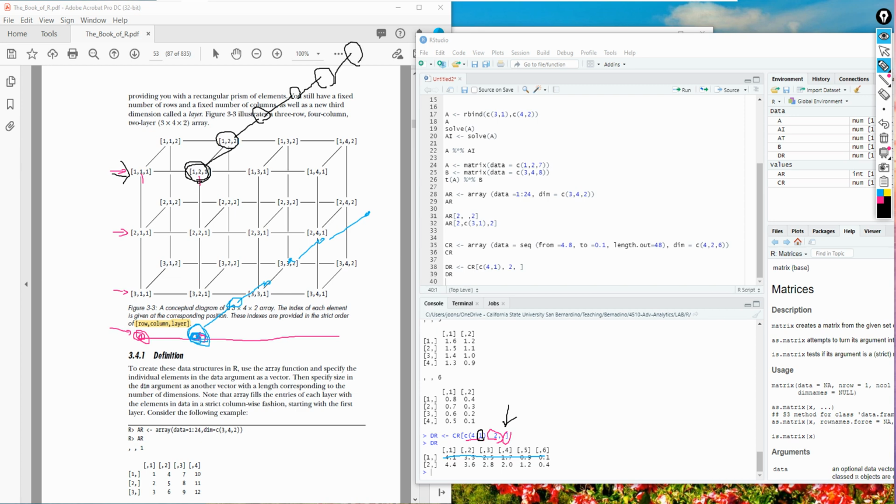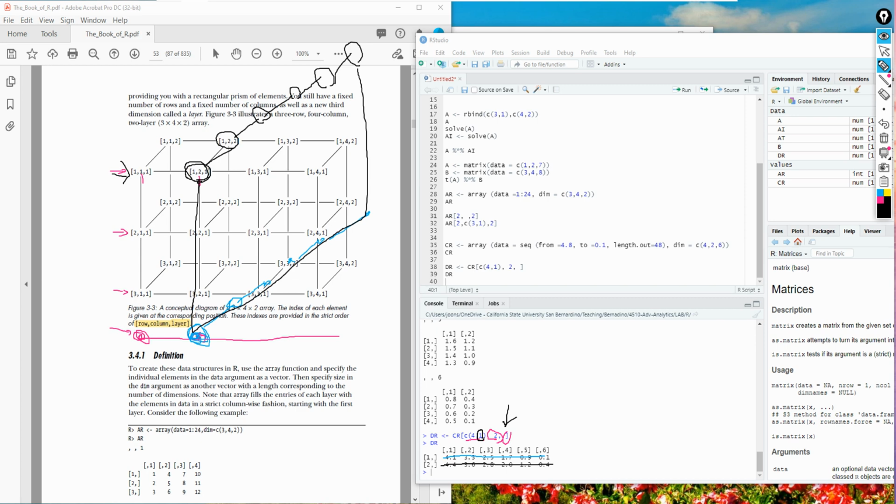So this is another 6 elements. Basically this is what the result is: a 2 by 6 matrix. That's how you should be able to visualize this.